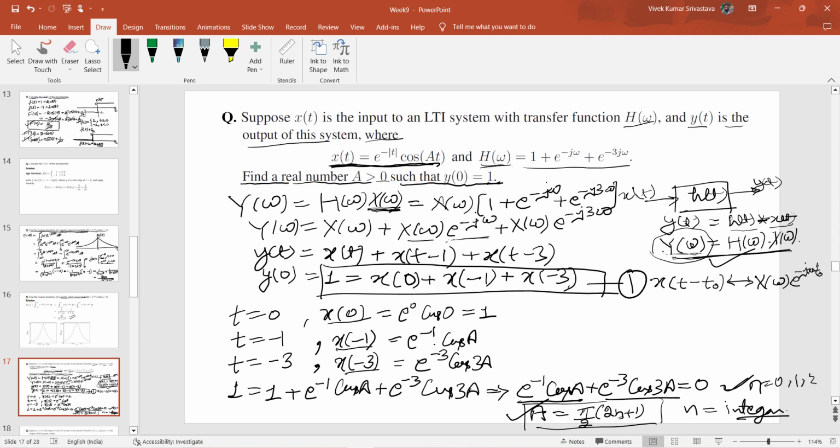But you can substitute. I want 2, right? Why? Because at integer, it should be 2. Then the value of a will be pi. In this case, this condition will not be satisfied if you are saying that this factor should be 2. So in this case, the value of a will be pi. Integer multiples of 2 pi. Okay, 2 pi.